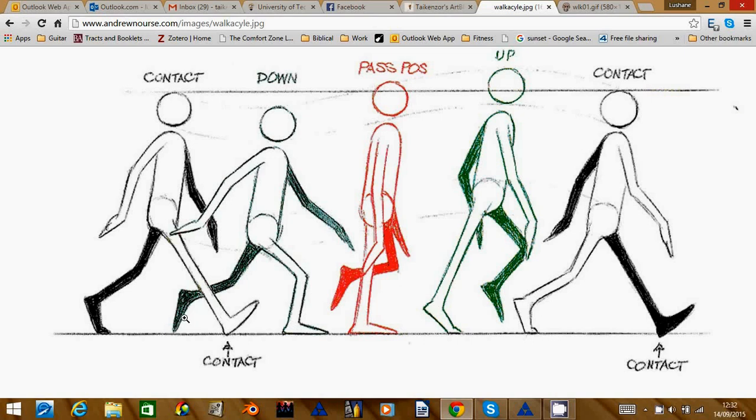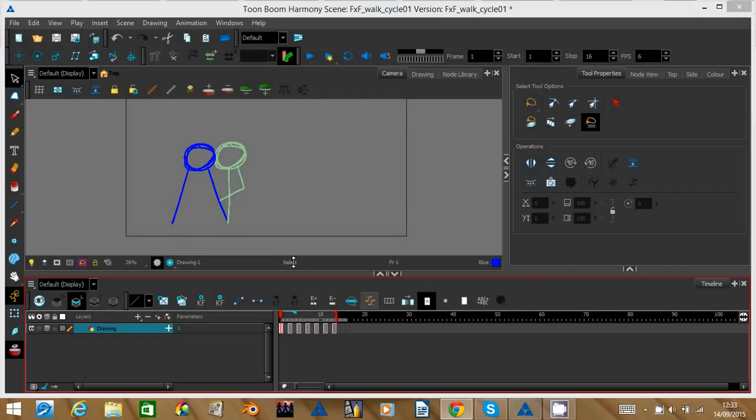Down is where the other foot starts getting up. Passing or crossover is where one foot is in the air while the other one's on the ground. And up is where one foot is pressing against the ground, pushing the entire body up, and then the other foot is in the air. So back here,